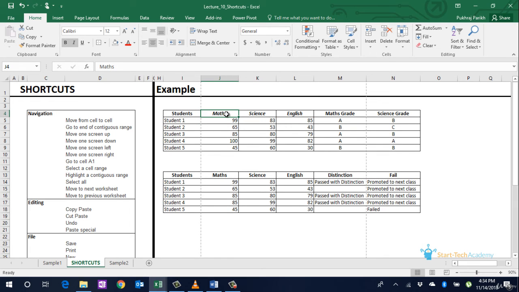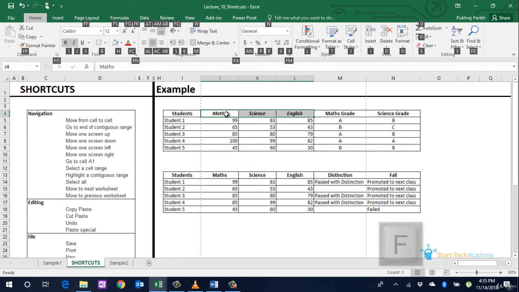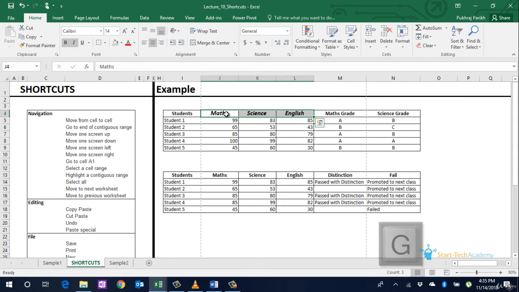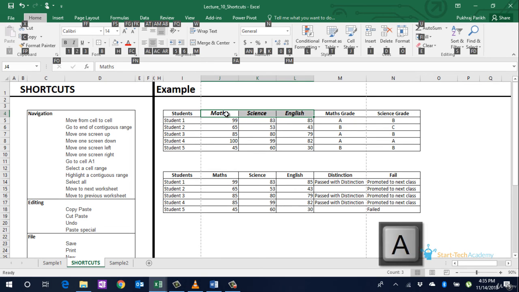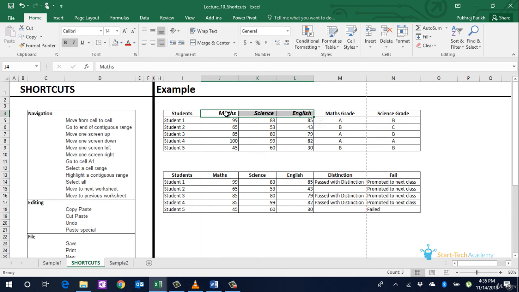Now to increase the font size of these three, Alt, H, F, G. So the font size of these three cells have now increased. To left align these three, we'll again do Alt, H, A, and then L. I have done a right alignment. To left align, you can do Alt, H, A, L.